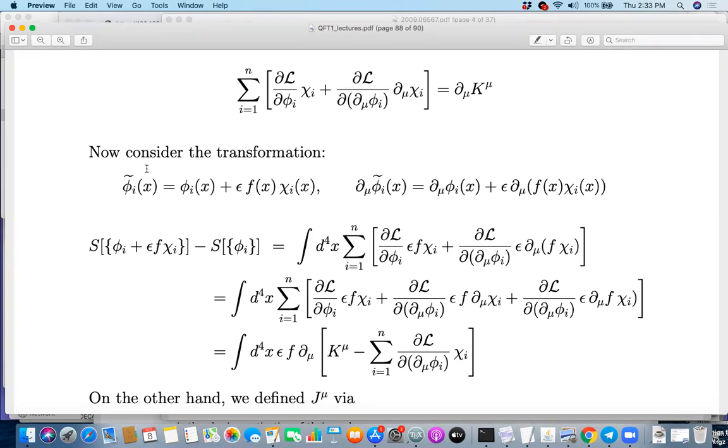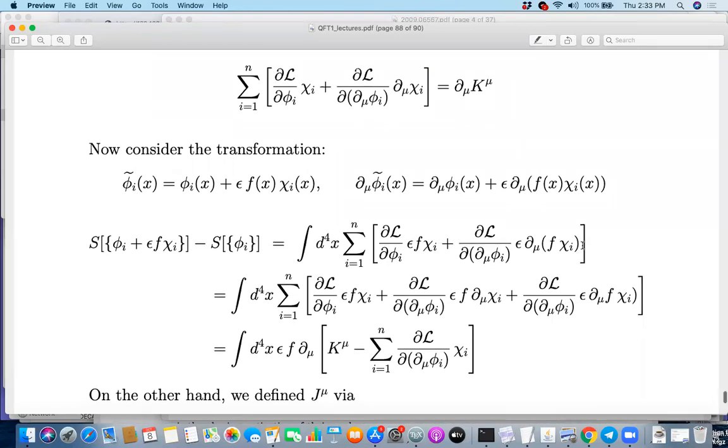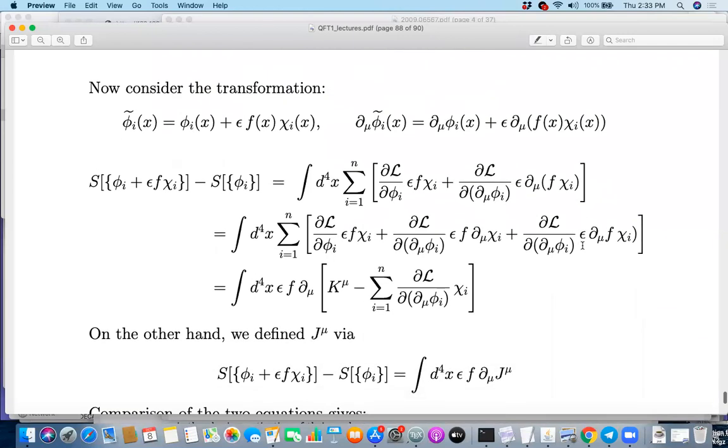The only point here is that once the new field configuration has been specified, its derivative is just the derivative acting on that. It's not an independent thing. You just take the derivative of this. Epsilon, of course, is a constant, but you have this. Is this okay? Okay, so let's calculate this difference. Maybe I should say why we are doing this. The reason is that you have to calculate J mu for this particular transformation.